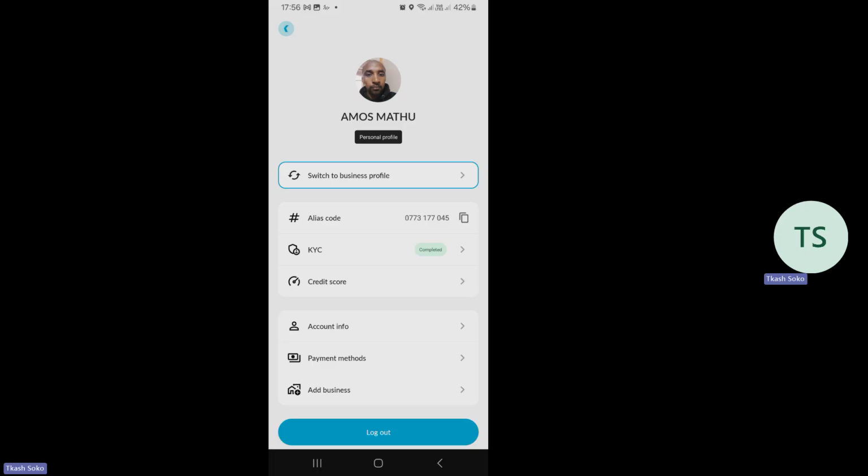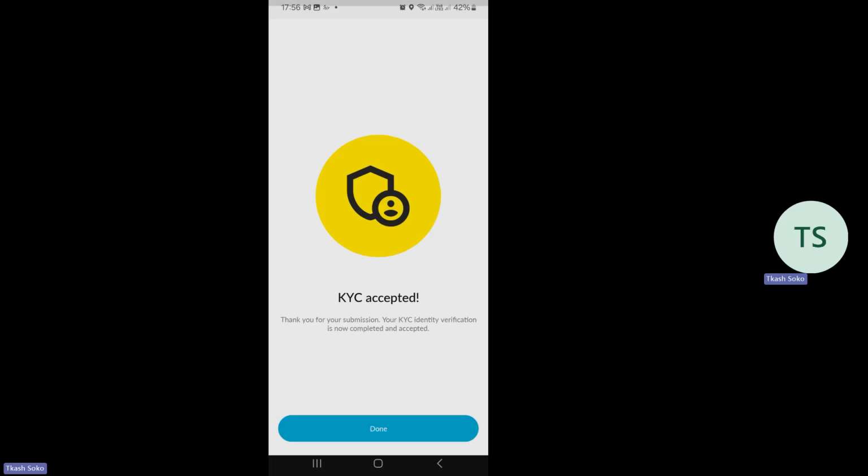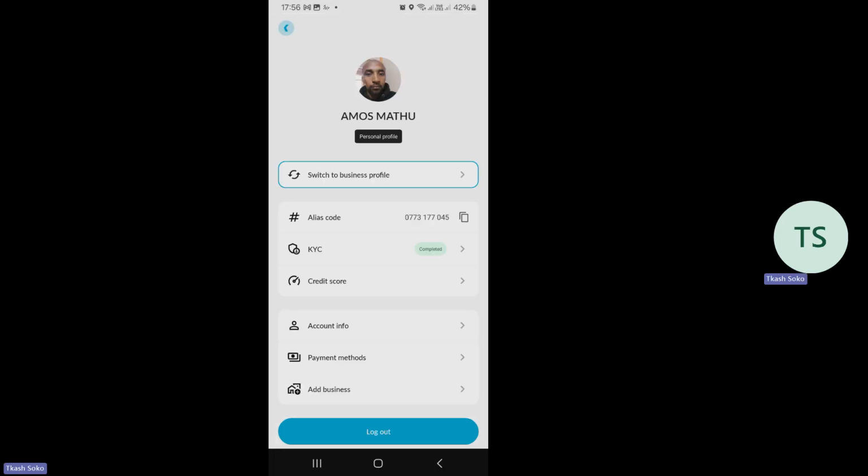Then I have this other option after the code. I have the KYC. You can see my KYC is completed. How do you get to have your KYC completed, and what are the requirements? For you to complete your KYC, there are 2 things that you need: your face and your identification. Something like ID.